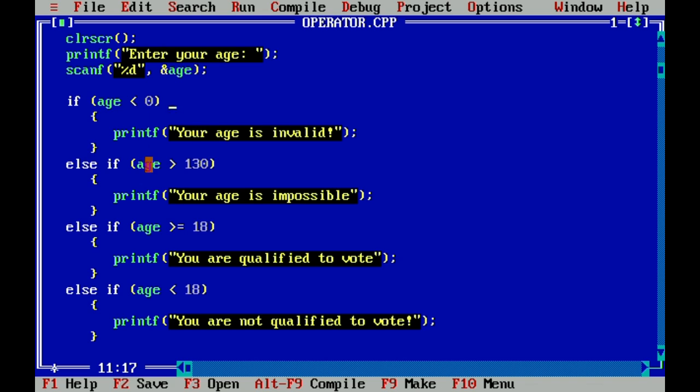So we have these conditions. What's important when you create your if else statements are the conditions that are involved.